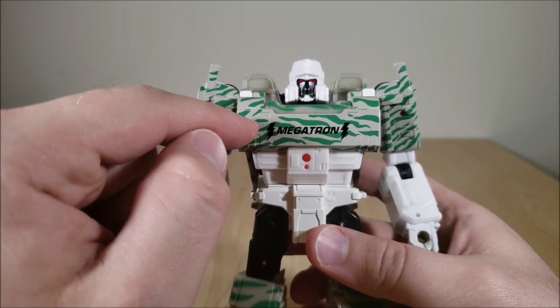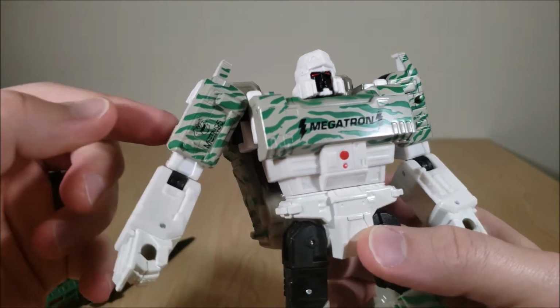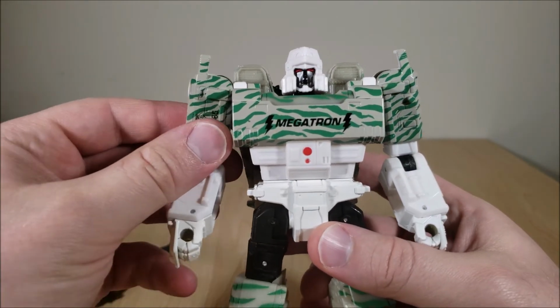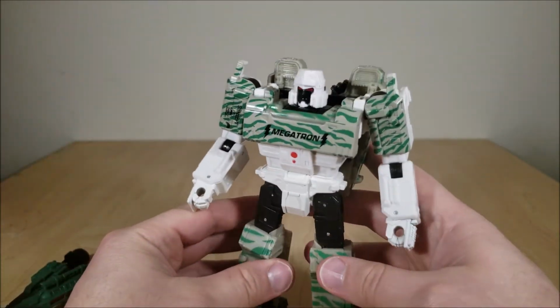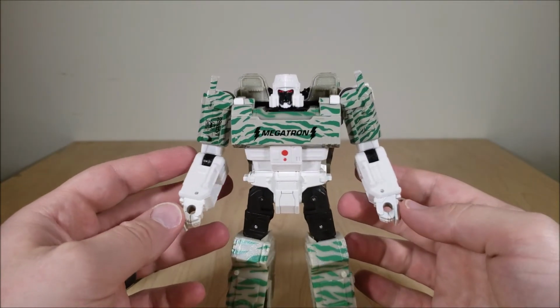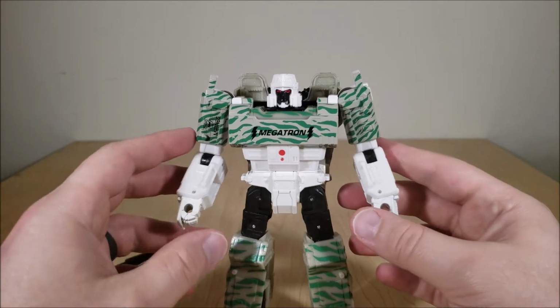Have that same branding there. You got his cool little MGTN 95 with the Decepticon symbol on his arm there. It's almost like a tattoo. So very cool looking. His fists are painted this time around, which, while making me a little nervous because paint